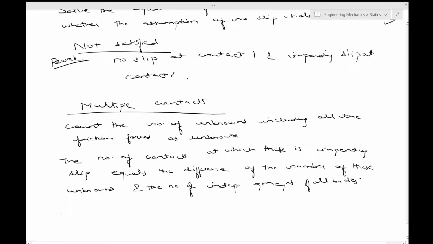Again, the assumption part has to come. Assume specific locations of these contacts. So it will just be a number which tells you that impending slip is happening at these many contacts out of the given number of contact points, okay. So this part will tell you that. Then you have to do the assumption of impending slip at these locations. Assume specific locations of these contacts with impending slip,